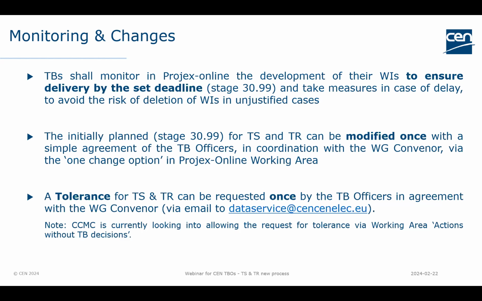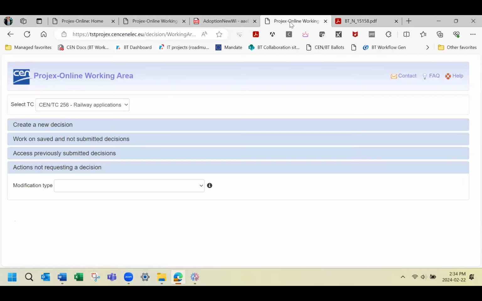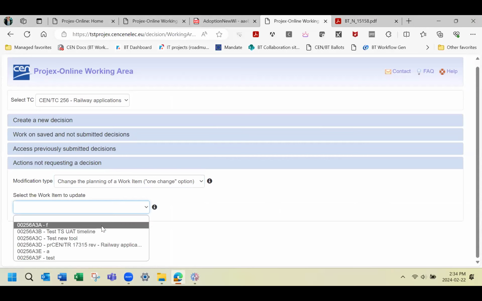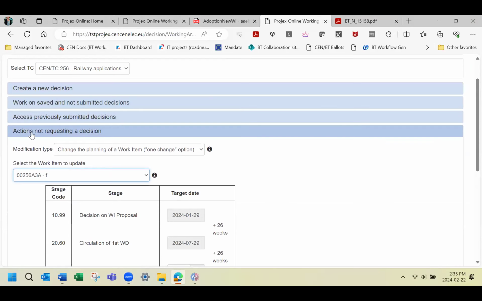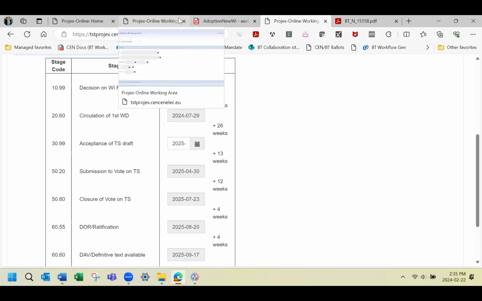Yes, so you will notice that the one change option is under actions not requesting a decision. Okay, other questions?